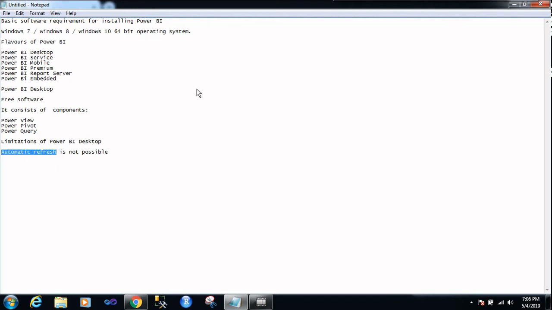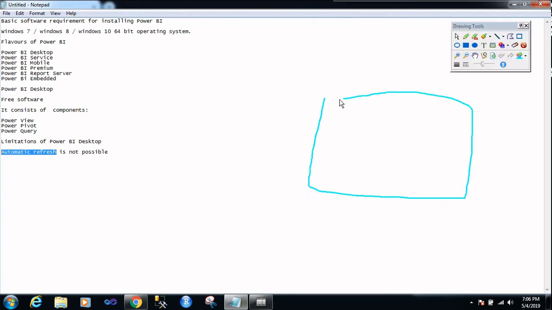For example, if you have taken a data source, say SQL Server, and you have connected Power BI and taken the data from the SQL Server table, and new data is getting appended to the table on a regular basis, how are you going to reflect the newly added data in the report?